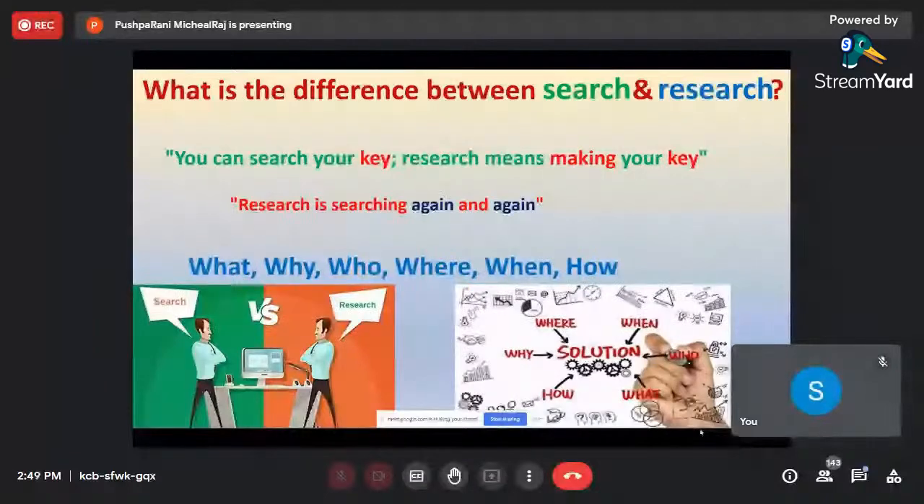And who will do the search? You have to decide who will do the search and who will do the research. Search can be handled by anyone, and anyone can do search, but the research